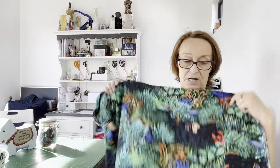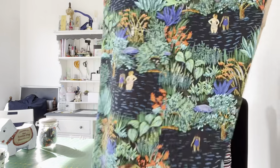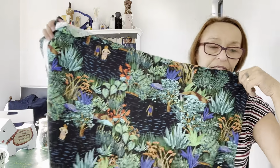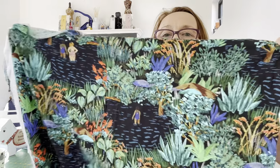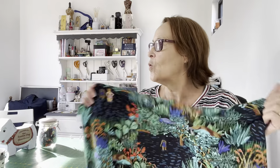I made the Wilder gown in this, and I have loads and loads of it, I think I've got about 3 meters still. So I potentially would like to make the Lyra in this. Now, whether I get round to it this autumn, I'm not 100% sure, because if you saw my autumn makes,